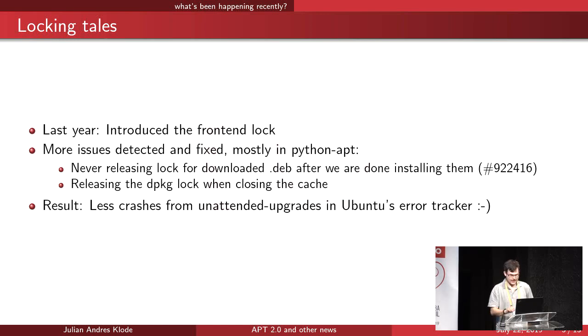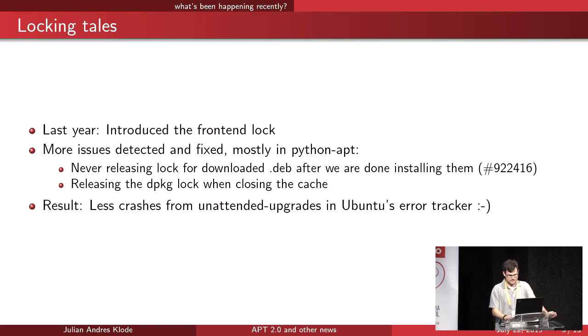And another stupid problem was in python-apt when we closed the cache or when it went out of scope. So you had an apt.Package.Cache object and when it went out of scope, it would automatically release or decrement the lock counter for the dpkg lock. That's totally unexpected because it doesn't acquire the dpkg lock when you create the object. So you could write code that says acquire the lock, then open a cache object, then you delete the cache object, and your lock is gone without you having released it.